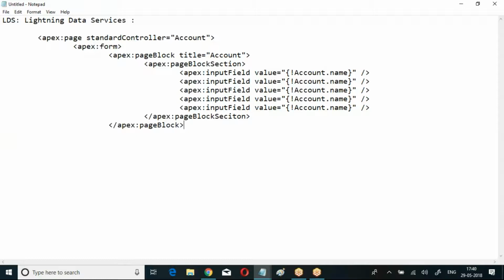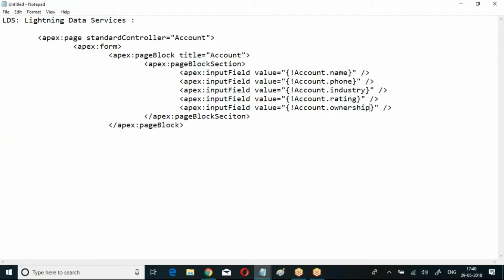Then we used to say account.name, account.phone, account.industry. This is how we used to refer, right? Without referring to the Apex class, if you want to interact with the database,